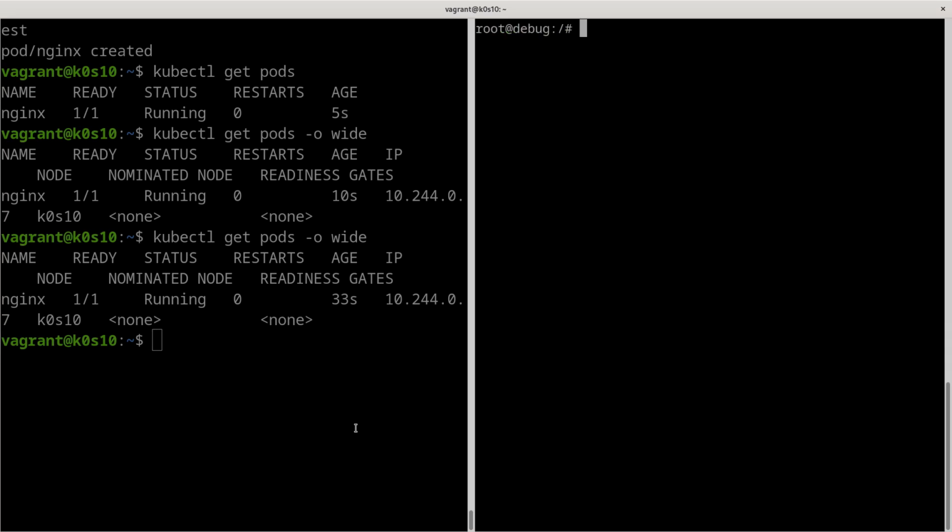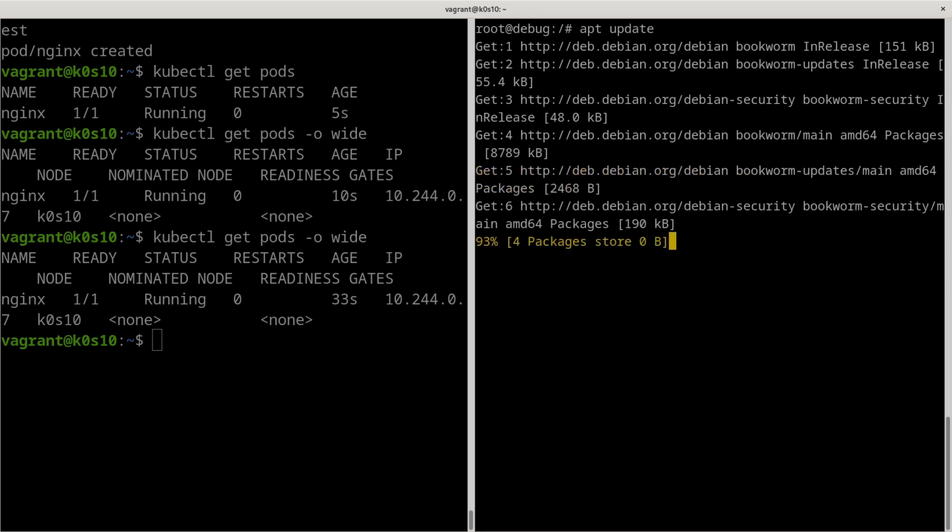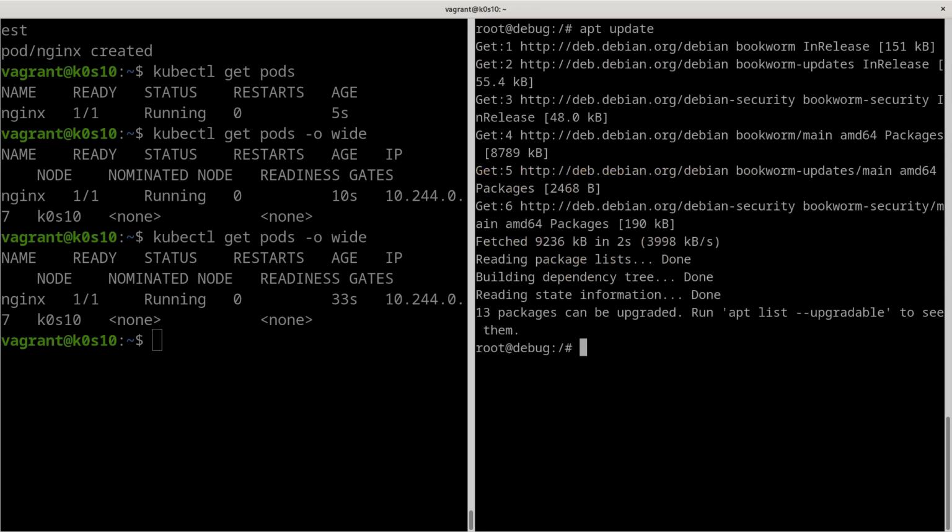So what we can do, we can just check. This is why I named this pod debug. We can just directly check with a curl. We don't have curl, so we need to apt update, and after that I can install, for example, curl.